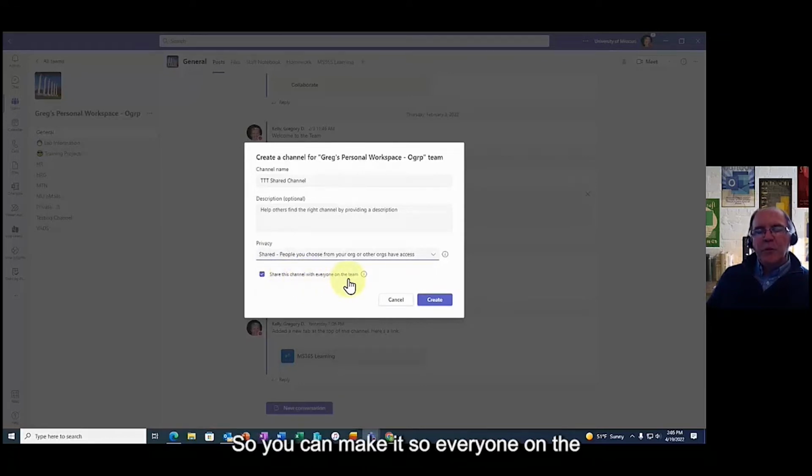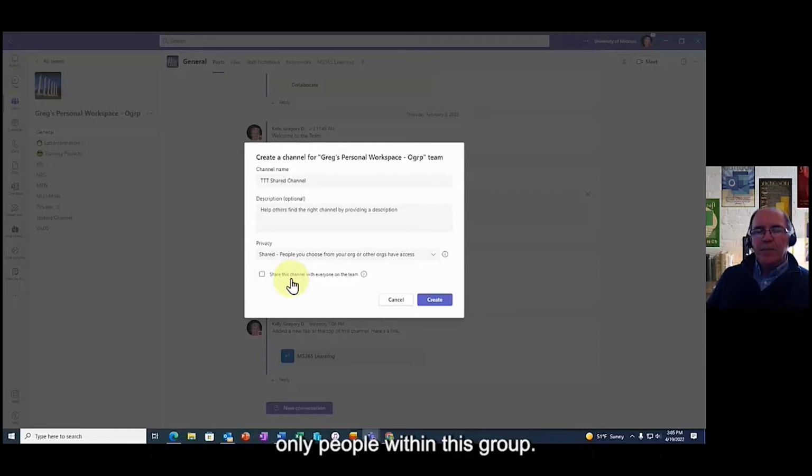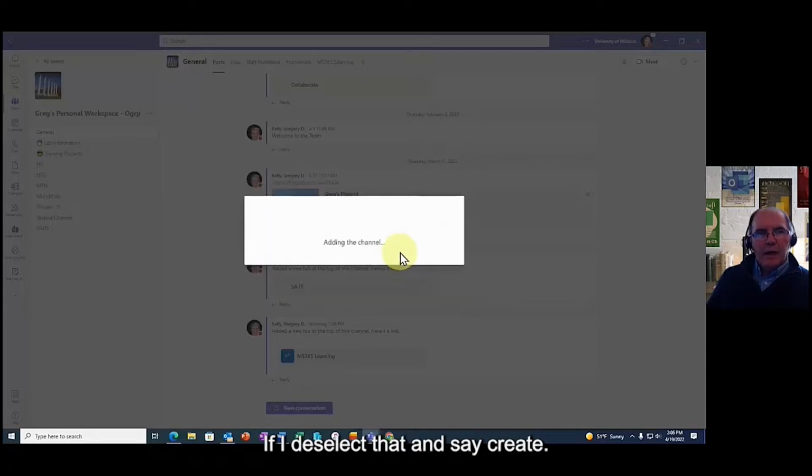So you can make it so everyone on the team can see it and people you share it with, or you can deselect that and say only these people. So it kind of works like a private channel in that only people within this group, but the people in the group don't have to be on your team, right? The people who have rights to this. So if I deselect that and say create, I'm going to have this TTT shared channel here in a second,